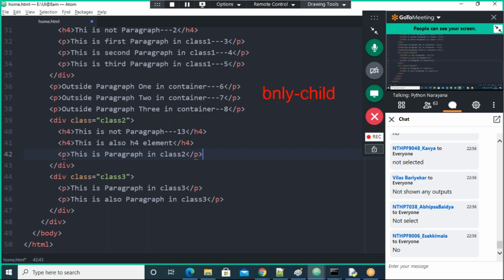The family, the parent, must have only one element, and that also must be a paragraph, a P element. That's the only child of P. This is the P only child.